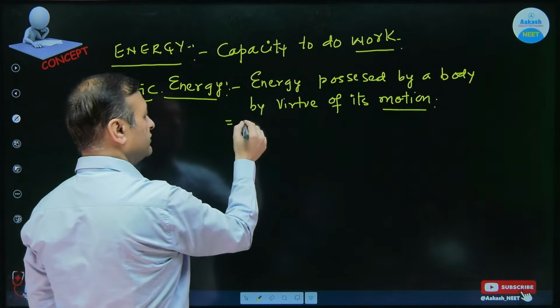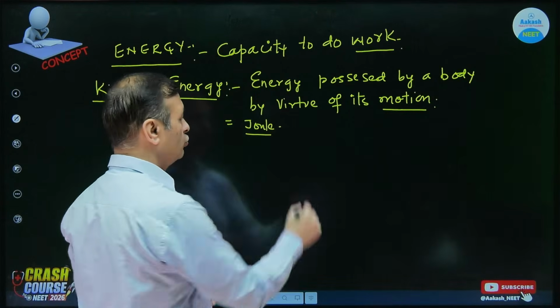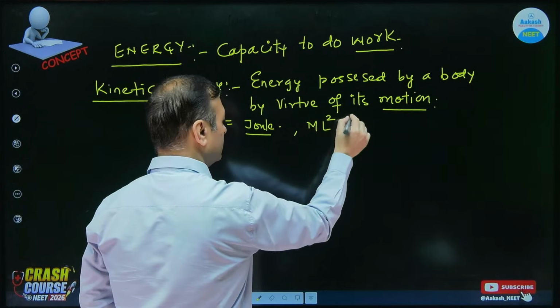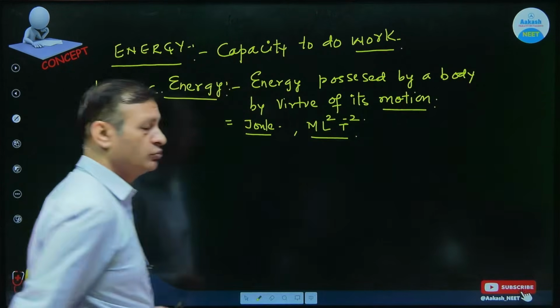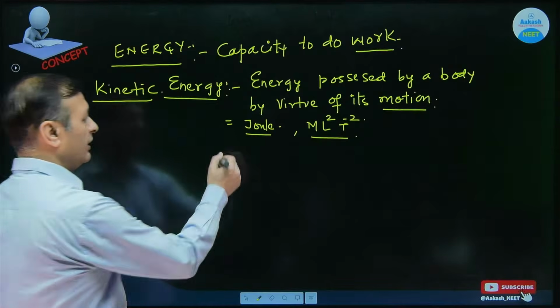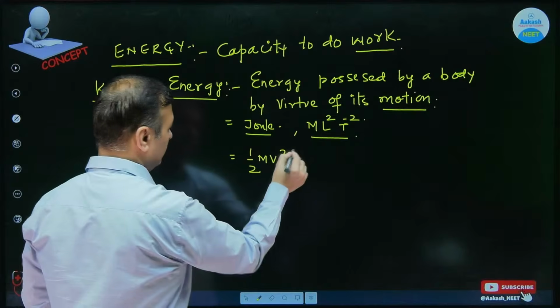So kinetic energy in terms of SI unit has joules. In terms of dimensional formula, this is also energy, so energy is ML square T minus 2. So this is the same as that of work done. This is the same concept, and this kinetic energy we know is half mv square,